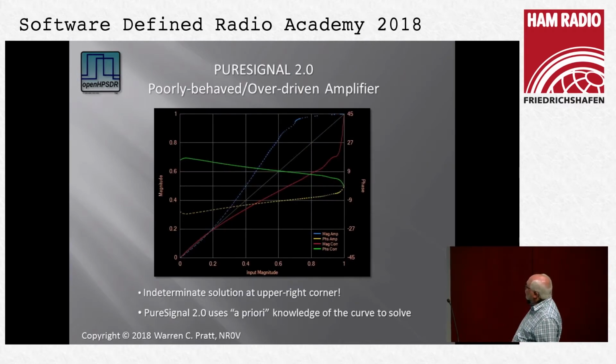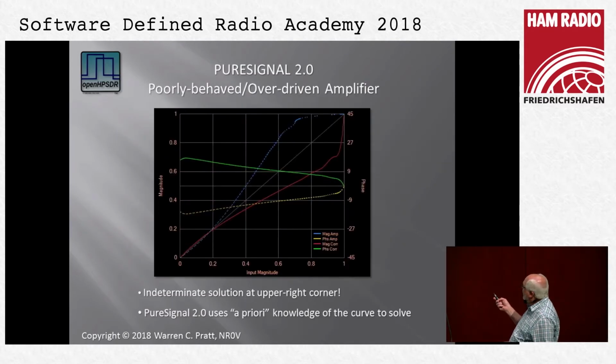This is a poorly behaved and overdriven amplifier. See some rather strange things in the magnitude response, but perhaps more importantly, you note that right up here, we're so much into gain compression that this is completely flat. In fact, in some cases, it even declines, less output as you drive it harder. So that's a problem, because to calculate this,